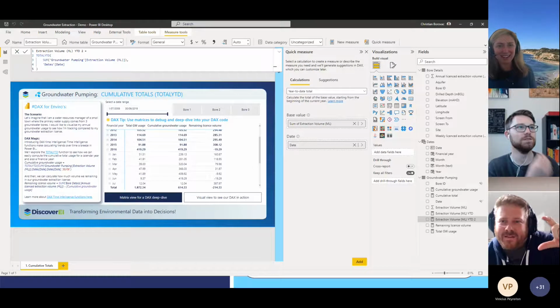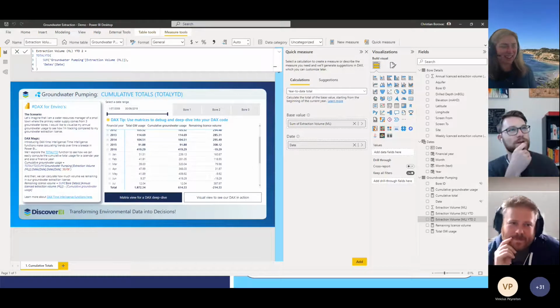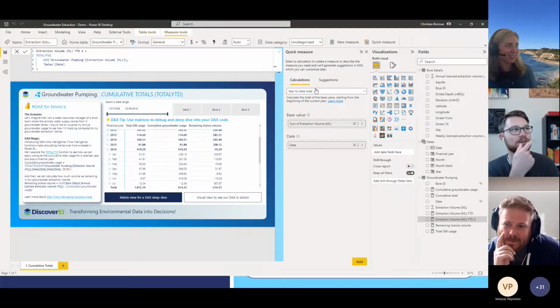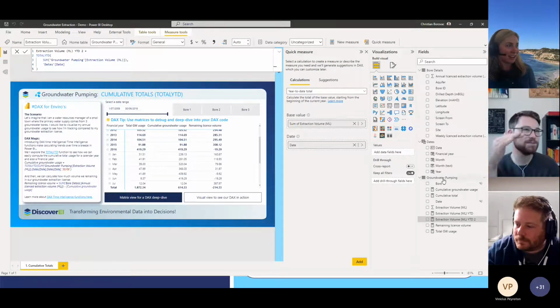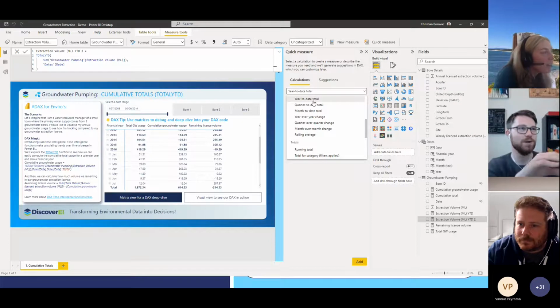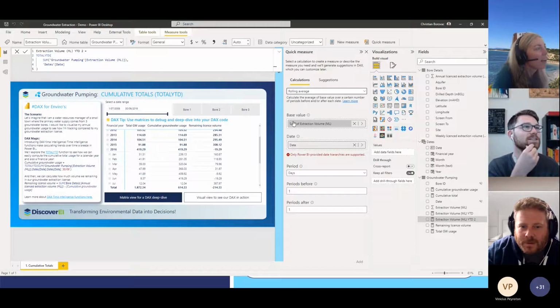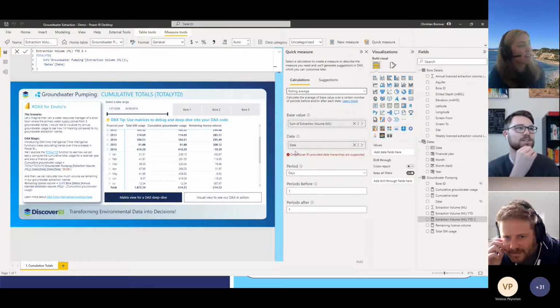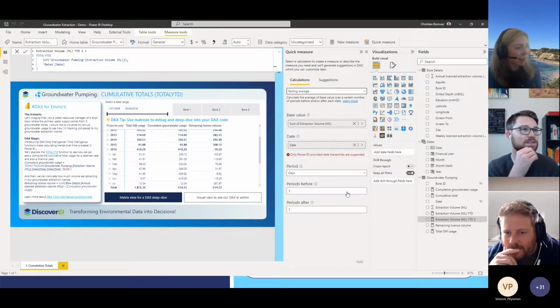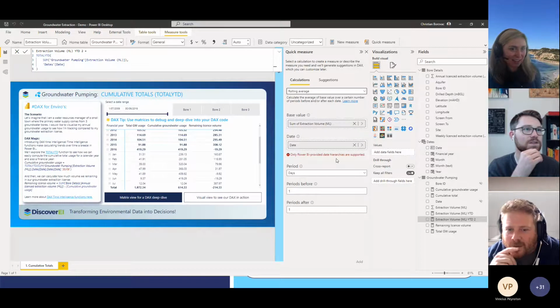Okay. Now I was going to ask, I don't know if that applies to this function. It might do. I know the ISERROR, I sometimes see it applying to some of the quick measures, and maybe a rolling average. Yeah, try one of the other measures. Here, this one, rolling average. There you go. So then what's the workaround? Can I still click add it, Greg? Only Power BI provided date hierarchies are supported. So it's complaining about that.